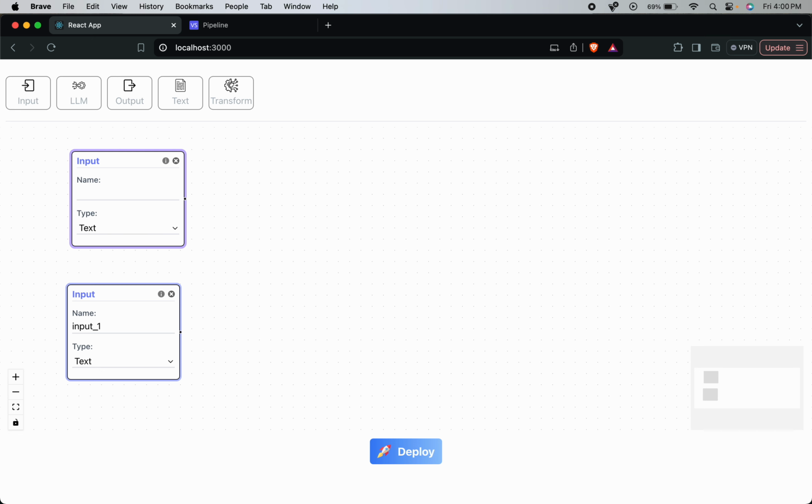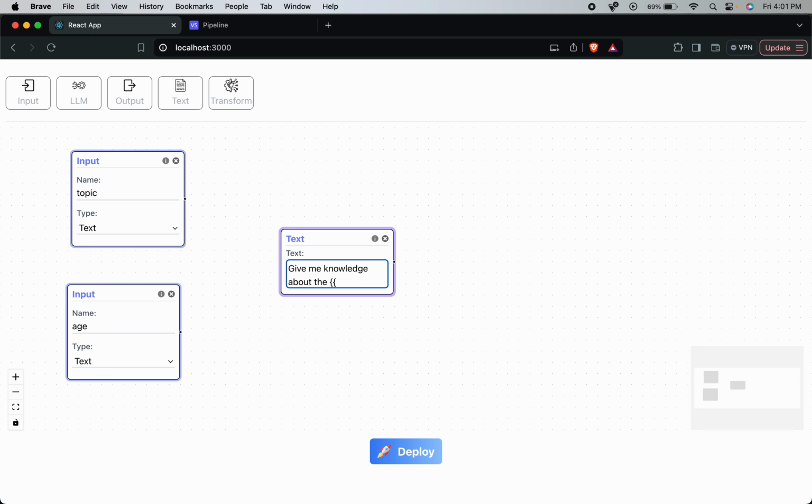Let's say we want to create a prompt where the prompt takes two variables like topic and age, and we'll include that in this text node. So we will write a simple prompt that says explain me or give me knowledge about the